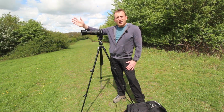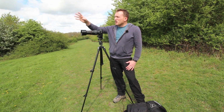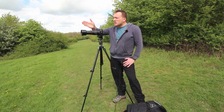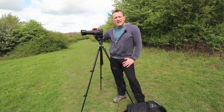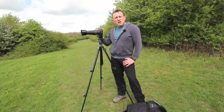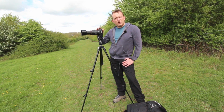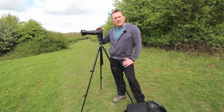And then further around to the right of the image, you've got some other high-rise buildings in London as well. I'm taking several images across the whole scene here, using the reach of the lens. I've got the camera set up on f7.1, ISO 100 and an 800th of a second exposure,